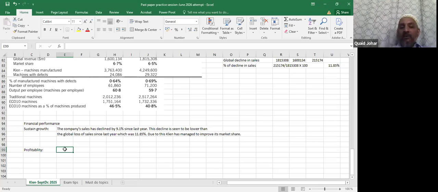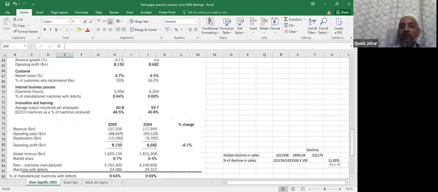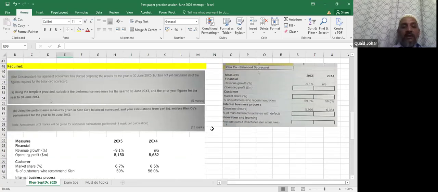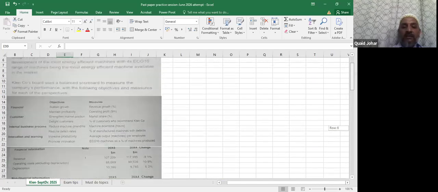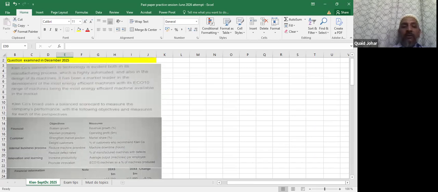अब ये 2 मार्क्स मैंने यहाँ पे क्या कर लिए, गेन कर लिए। तो देखो आप मार्क्स कितने थे इसके, तो मार्किंग ग्रिड को भी अगर हम देखें यहाँ पे, तो they are giving using the performance measure given in Clan company's balanced scorecard, वो तो हमने कैलकुलेट कर लिया, वो 5 मार्क्स का था, राइट। और अब जो इसमें 15 मार्क्स का और 4 पर्सपेक्टिव है, तो अगर आप ब्रेक करें, 4 पर्सपेक्टिव में 8 मेजर्स दिए हुए थे। अगर इस चार्ट को देखें तो बेसिकली we had to cover this chart, this full chart, this chart was the key to this answer, राइट। तो इस चार्ट में इन्होंने 4 पर्सपेक्टिव दिए हुए और 8 मेजर्स दिए हुए। ये 8 आपके पास मेजर्स आ गए,